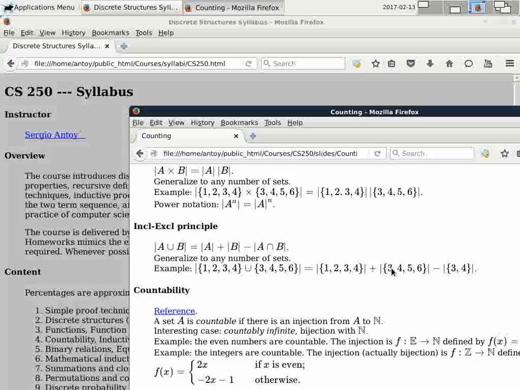So here I have my pens. Suppose that I have these and I want to count them. What does it mean to count them? Well, it means that I put them here and then I say 1, 2, 3, 4, and 5. So basically what I'm doing here is a bijection between